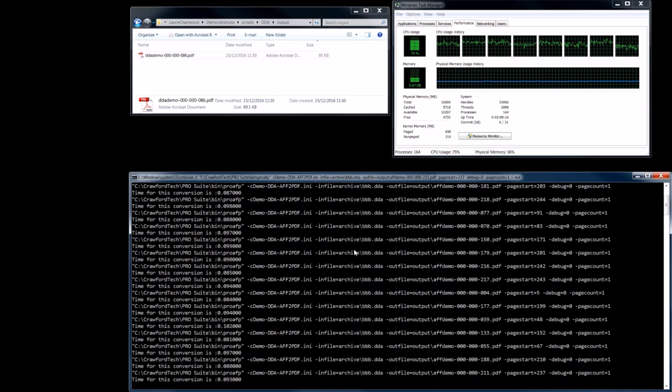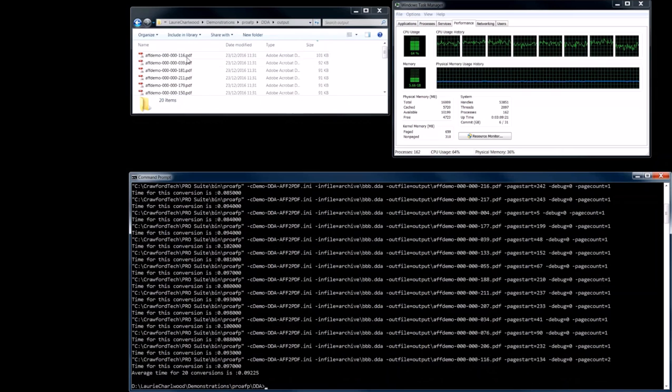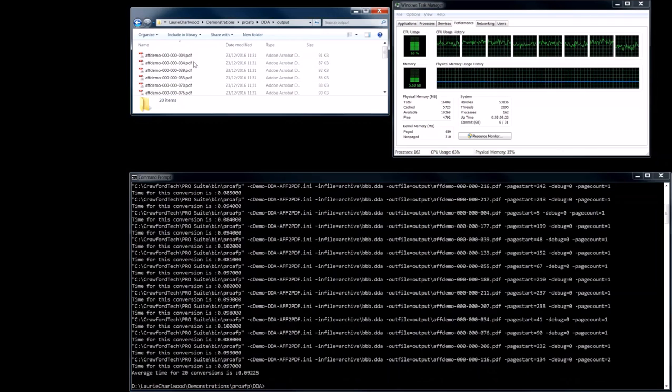So here we've run through and we've created 20 PDFs, and as you can see from here in the output directory, they're random PDFs. At the same time, we've been logging to the screen the conversion time for each of the PDFs. And as you can see, they run in the order of 0.8 of a second for each conversion, and indeed the average is just under a tenth of a second, so 0.097 of a second. These units are all seconds, and we can see up here,